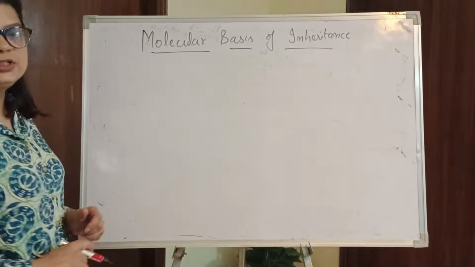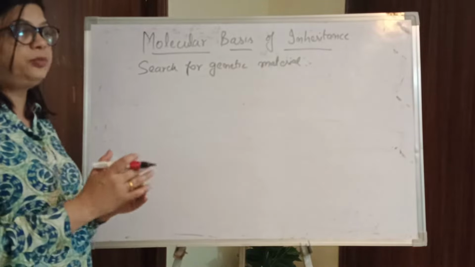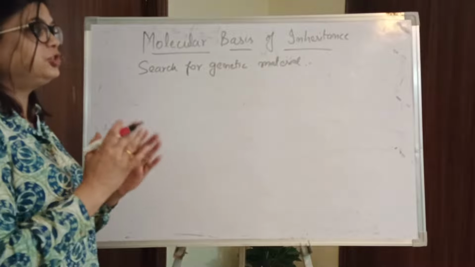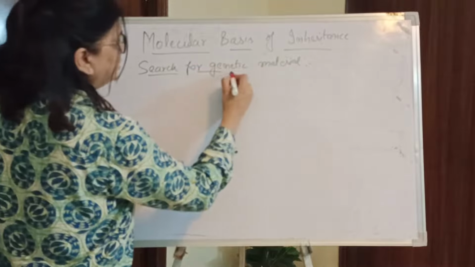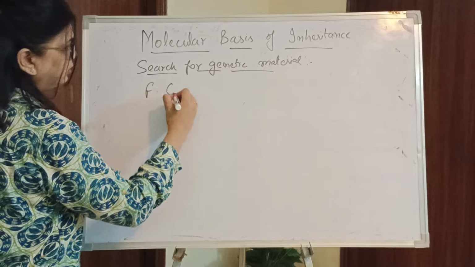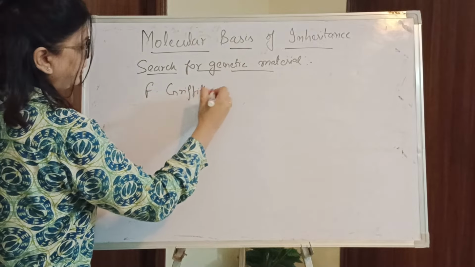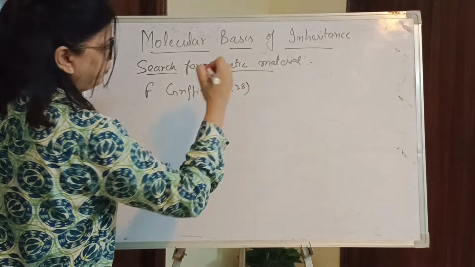Before it was proved that DNA is the genetic material, many scientists worked and performed many experiments and proved that DNA is the genetic material. And before that, they performed experiments to find out whether the genetic material is DNA or RNA. During that course of experiments, one experiment was performed by Frederick Griffith in 1928, with the mice